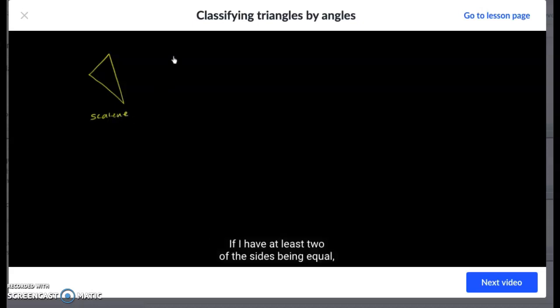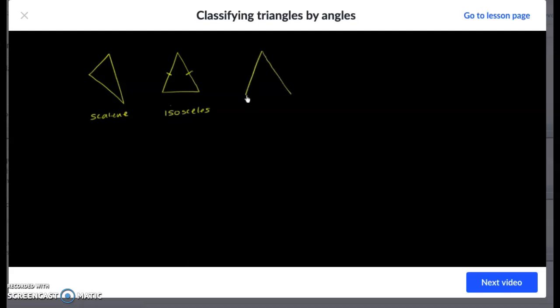If I have at least two of the sides being equal, so let's say that side is the same length as that side right over there, I'll mark it off as these are the same length. This would be an isosceles triangle. And then if all three sides are congruent, if all three sides are the same length, we would